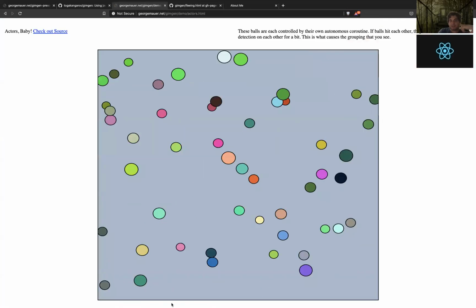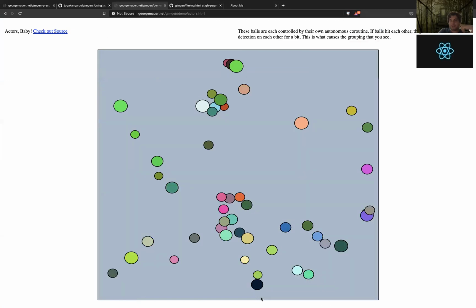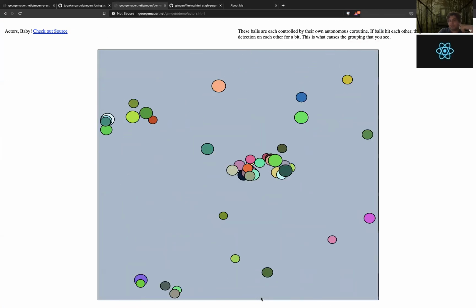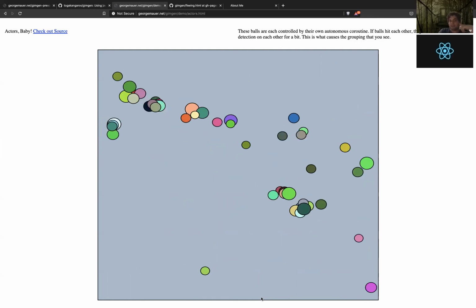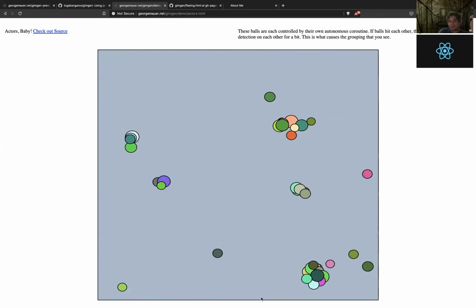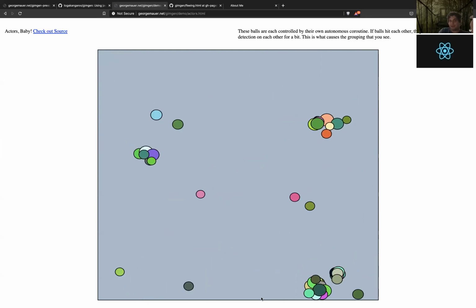I mean, heck, if you go all the way in with this, you could even do actors. So here's a bunch of balls. They're going to clump together as they hit each other, because I coded some of the bouncing code wrong, and I really liked the effect that generated. But look at that. That's pretty cool, right?